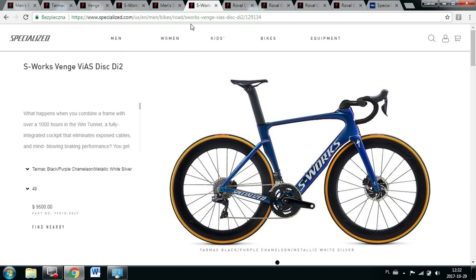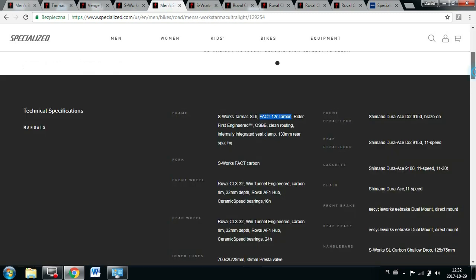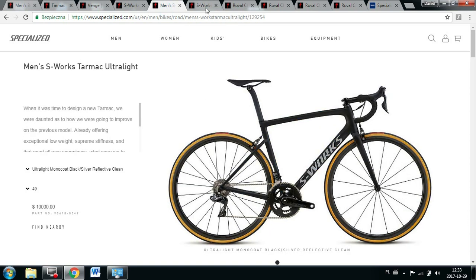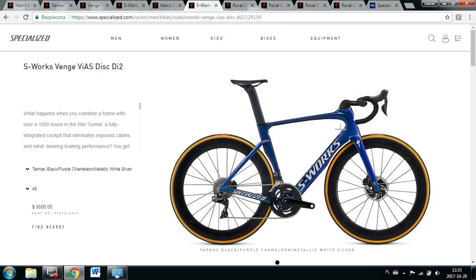So who should choose which bike? I would say even if you are a climber but you want to be fast on the flat sections or on the downhills, the Venge will do it all. It has geometry which will be good both on climbs and descents, because it's the same as the Tarmac, just as we said, and it won't be that much